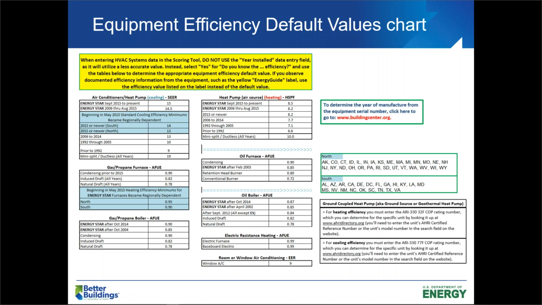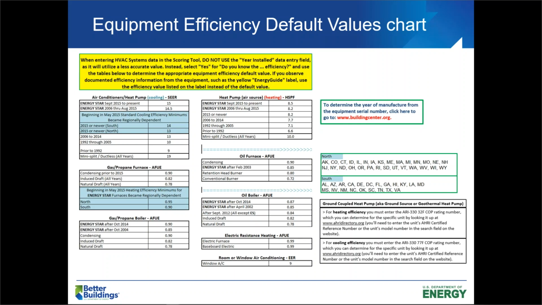So none of the efficiencies have changed. We're still using AFUE for combustion fuel and electric resistance heat. We're still using SEER and HSPF for air conditioning and heat pumps. So none of that has changed, just the values have. The sort of oddity in all of this is that as of May 2015, the minimum efficiencies became